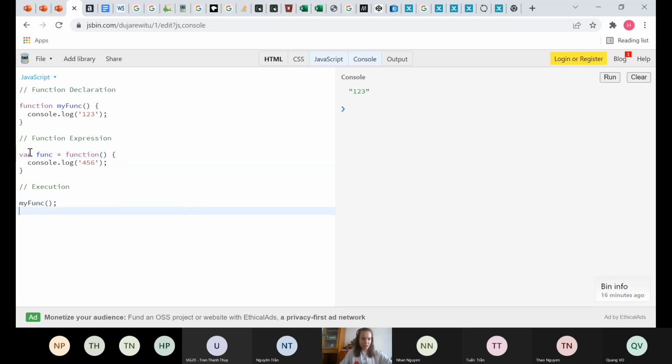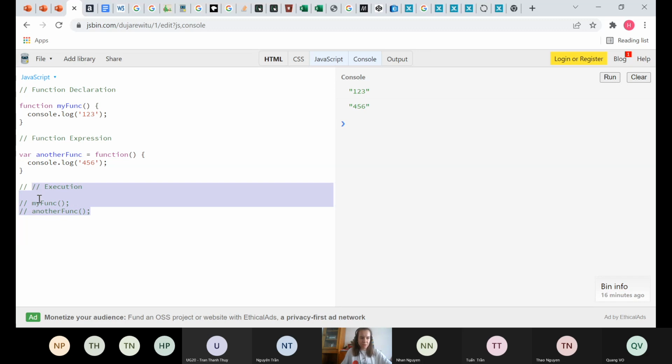And we can call the function func, or it's the name of another func, and execute it here. And if we clear the console, we see that both expressions have been logged. Where does the difference come in, if we